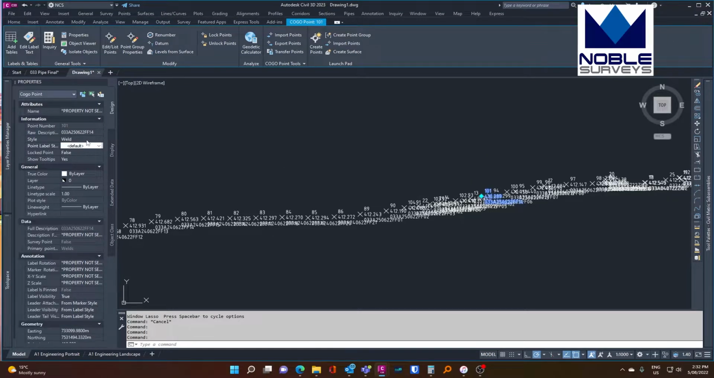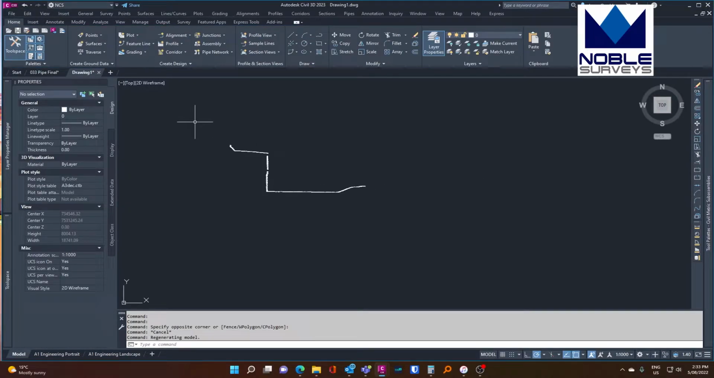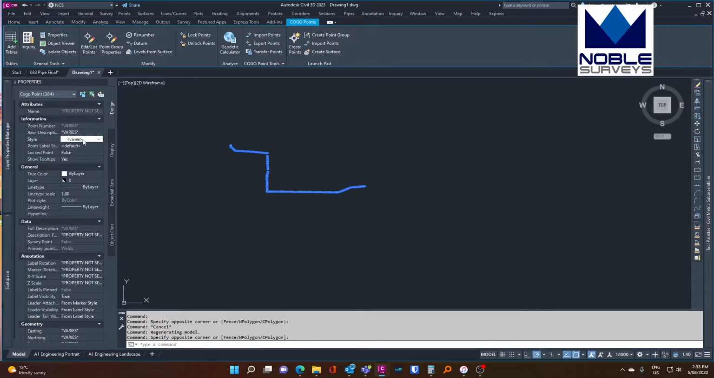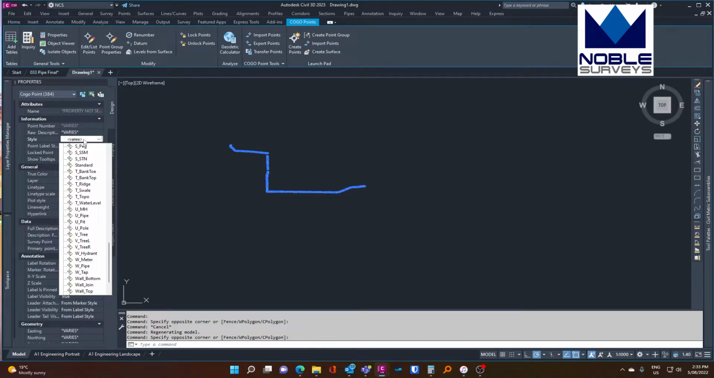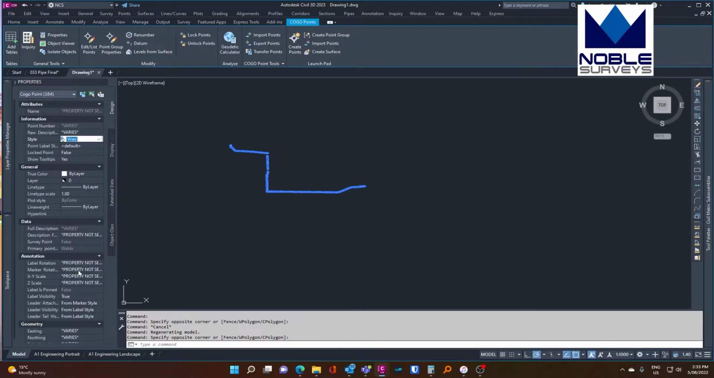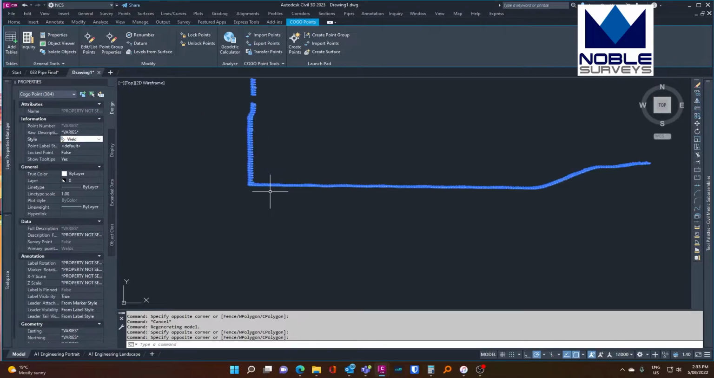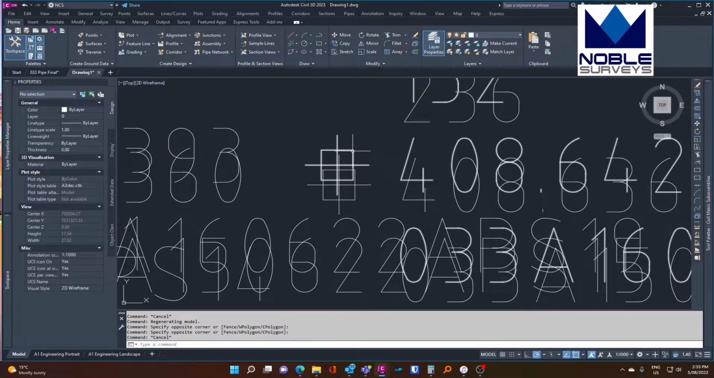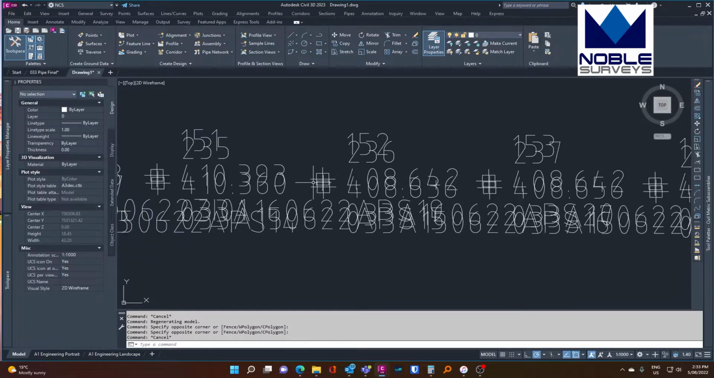So we need to apply that point style to all of our points over here by choosing weld. It will take a little bit of time to think about it, but then when you zoom in, you'll see the marker is now that square with a cross that we defined, where it was previously